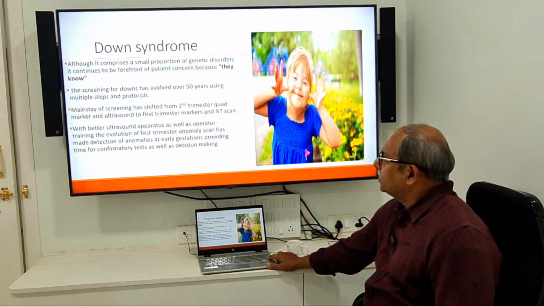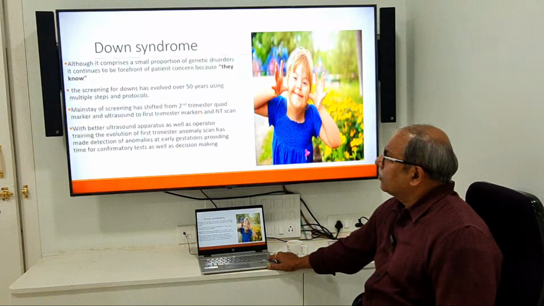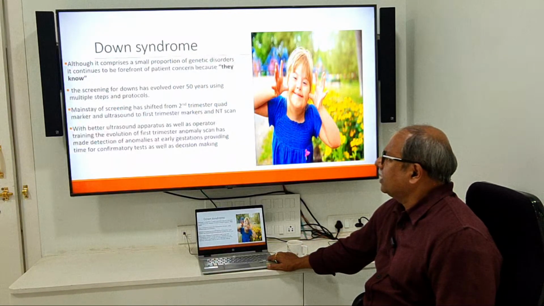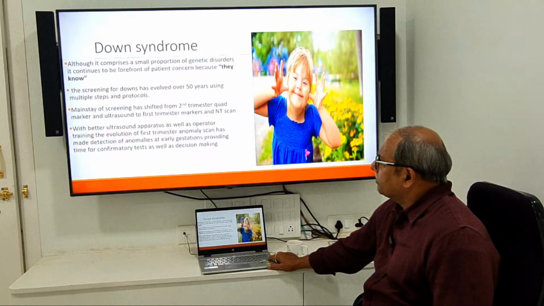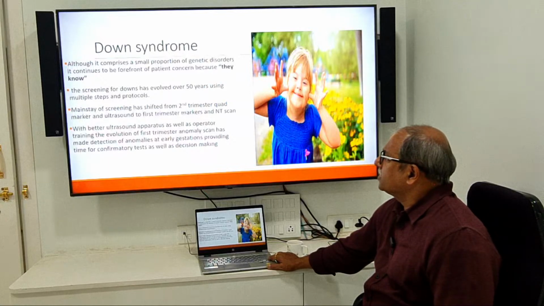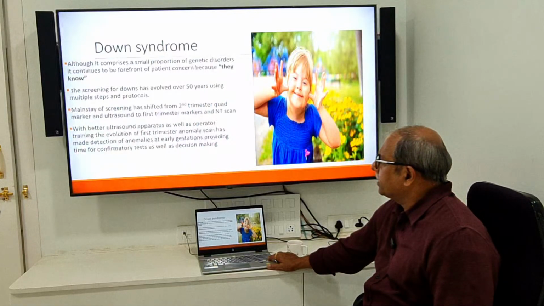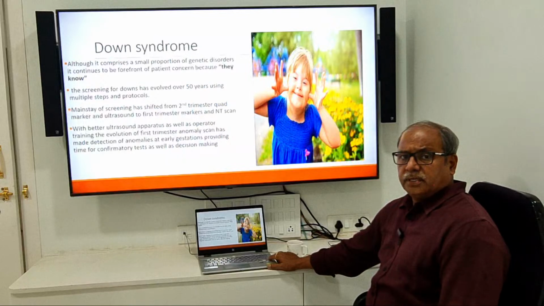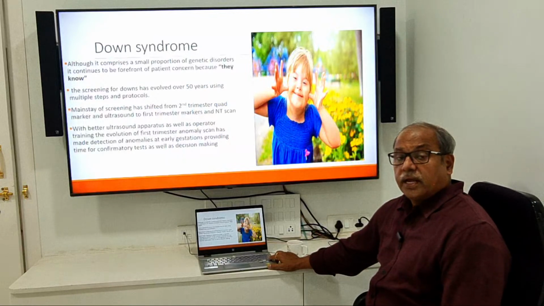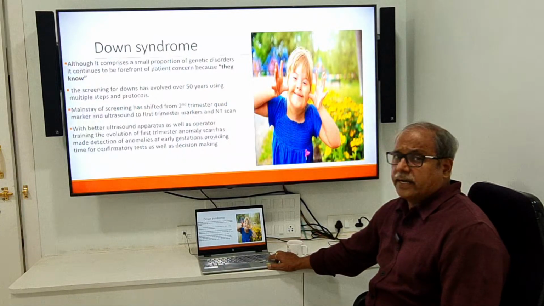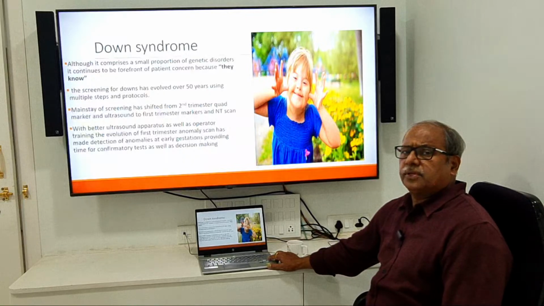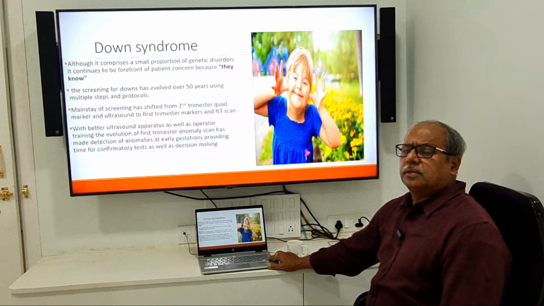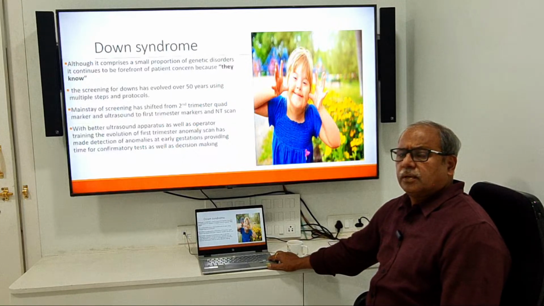This is the Down syndrome, and I already explained about that. What is that? Shifted from second trimester quad marker and ultrasound to the first trimester marker and anomaly scan, better ultrasound apparatus. This is also very important. You should have a good machine and you should have a good training also, and strictly follow the guidelines. If you follow the guidelines, you can detect more babies with Down syndrome, but